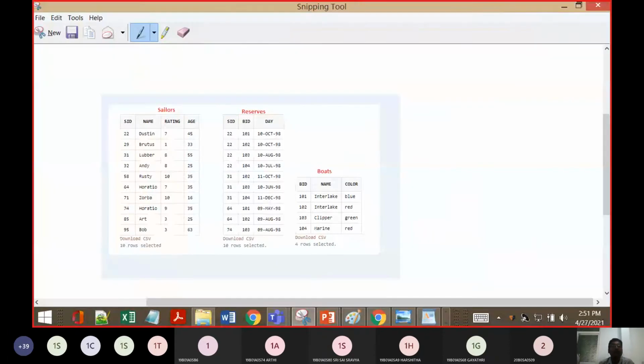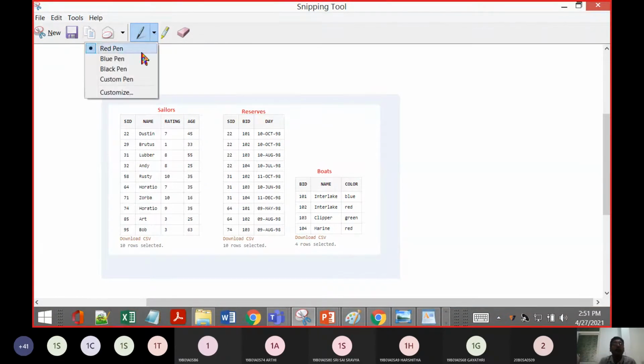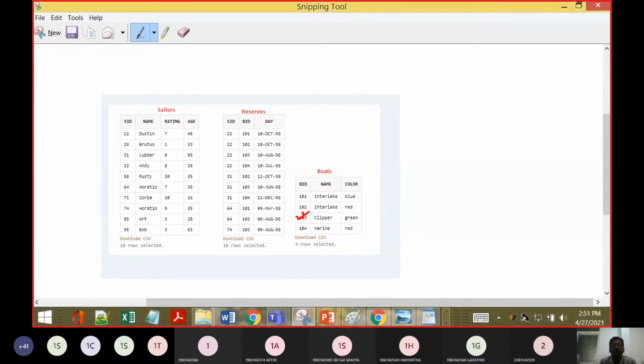If such is the case, first of all we have to check in the reserves table for boat number 103, and the sailor details. So this is what we have to check.